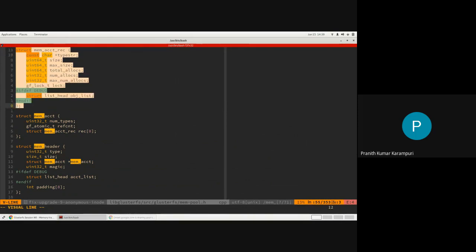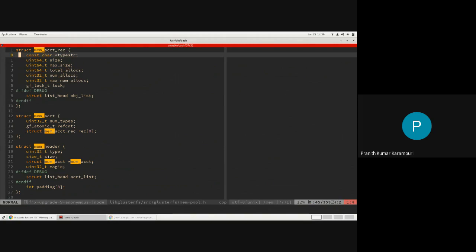So you will say what is the type, the current size, maximum size, total number of allocations done so far, the maximum number of allocations that were done so far, and the number of allocations that are there at the moment. This lock is to be able to do this in a synchronized manner. So these are the main structures.